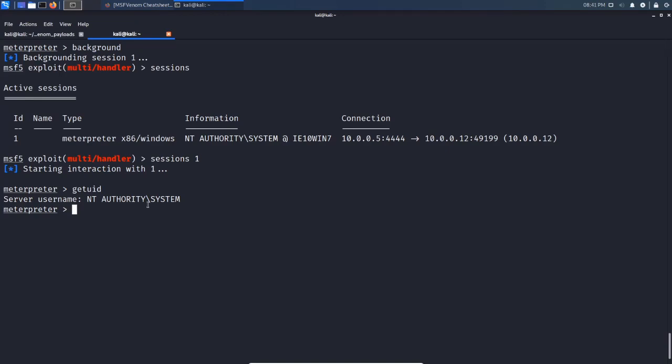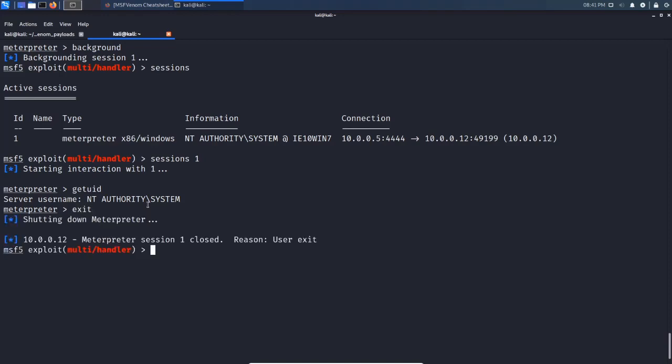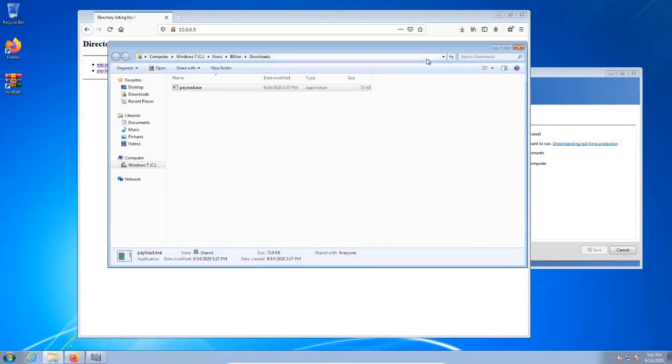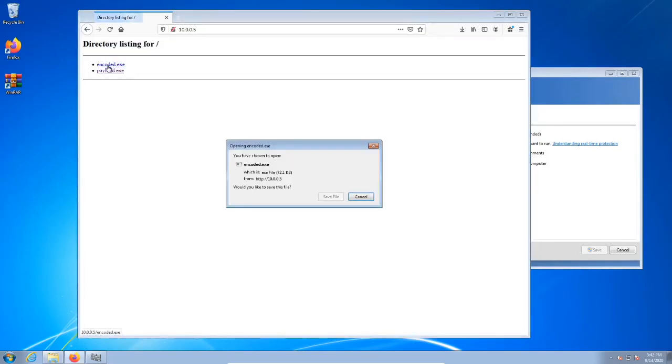All right, so what I will do is I will say exit, and that is going to shut down the Meterpreter session, and we'll just set up a listener again. And what we're going to do now is let's try and run the encoded payload, which again will not make much of a difference. So I'll just delete the payload that is unencoded, and we'll just download the encoded payload